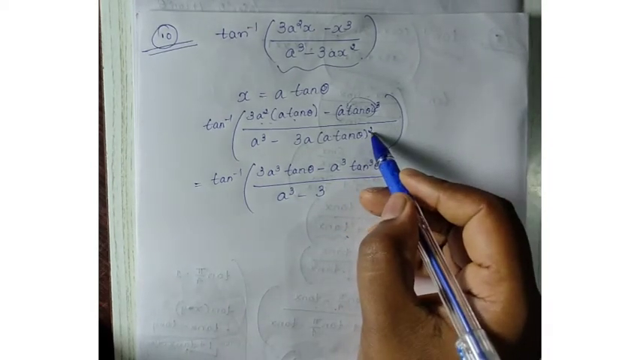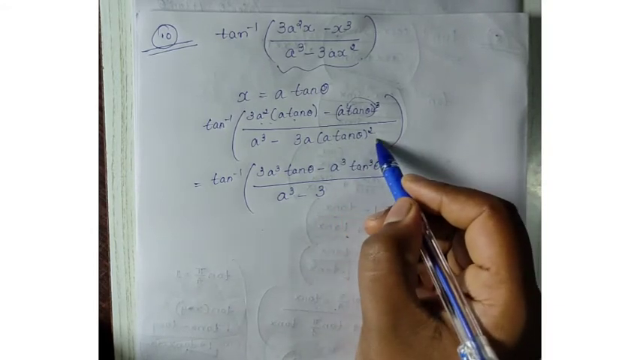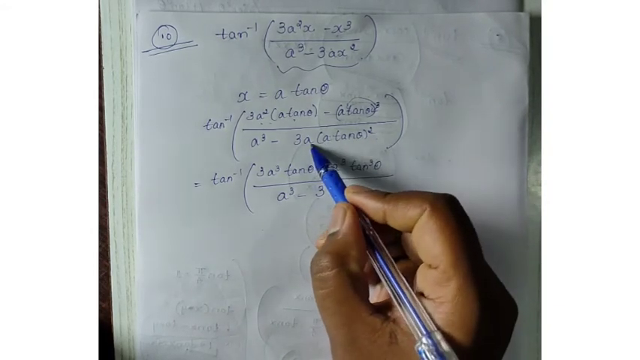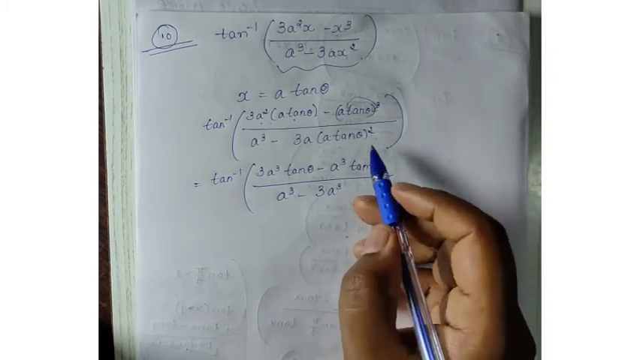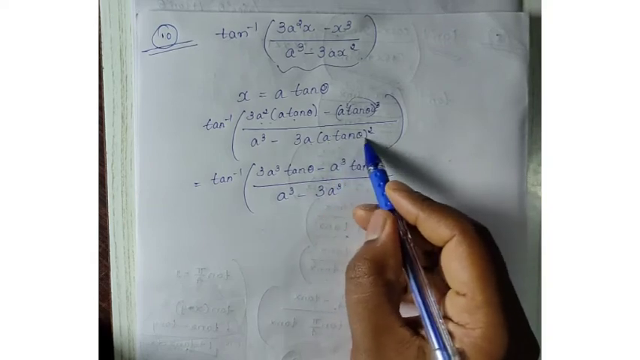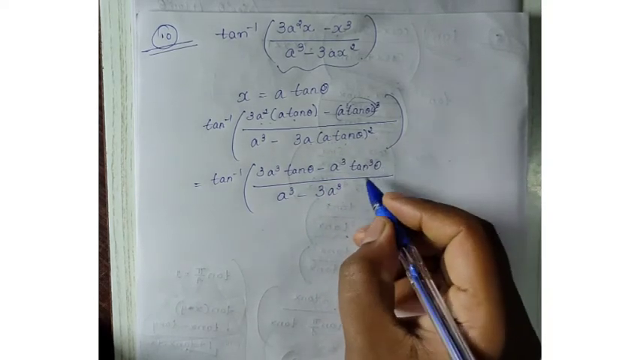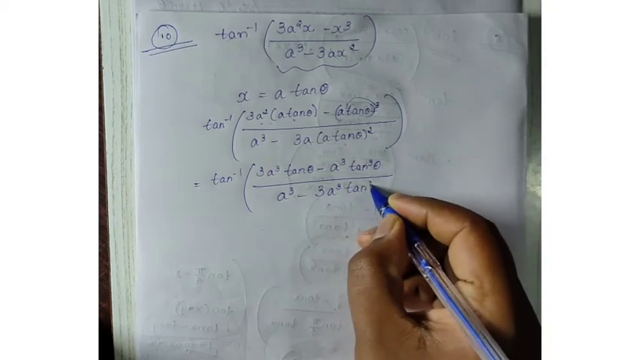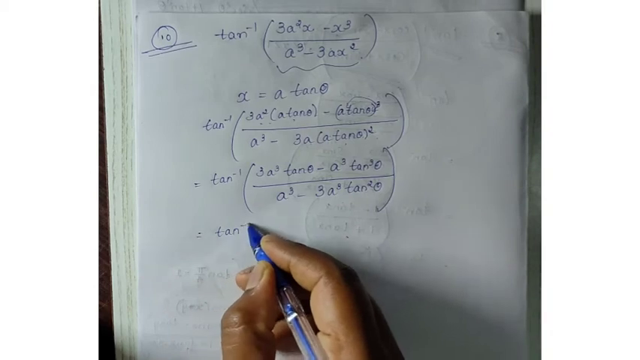Here you can observe that square is applied for both a and tan square theta, therefore outside there is one a already, therefore you'll get a cube, right? So first open up the bracket, then multiply the term, but I have written directly, no issues on that. Tan square theta, so this is tan inverse,